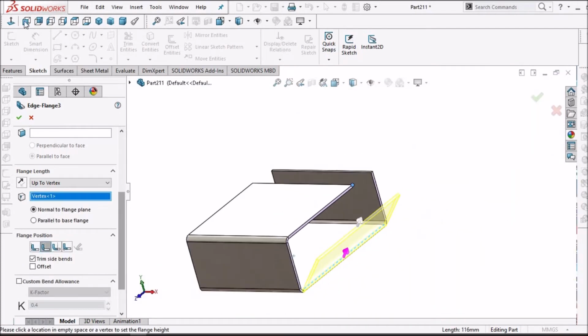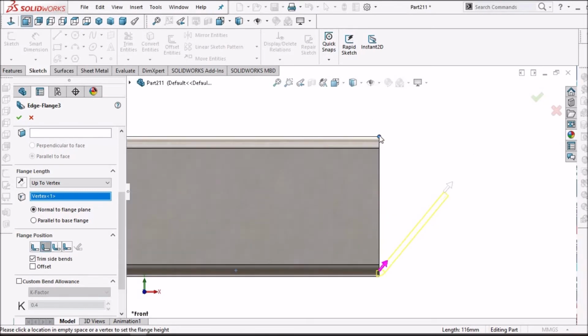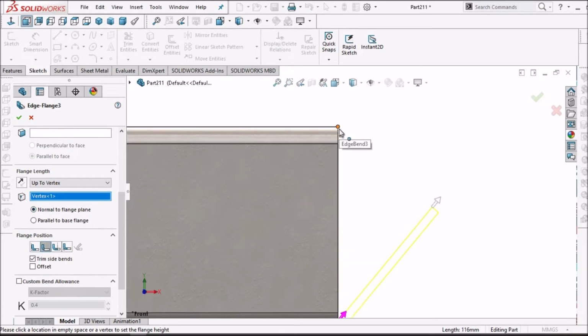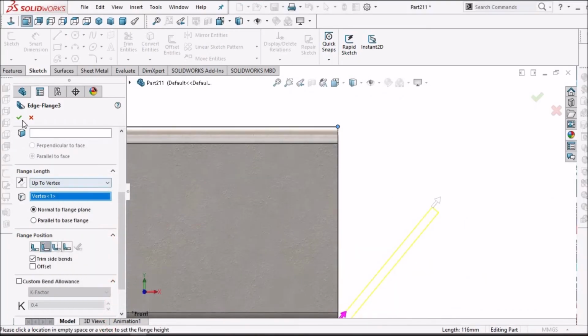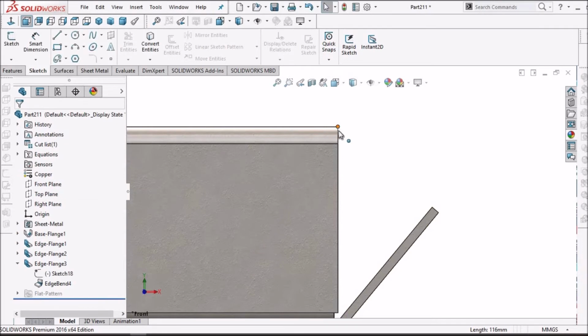See here, when we see from front view, this is the vertex and this is the flange, and here two options are highlighted, normal to flange plane. So that means this is forming along the normal direction of the flange, that is 90 degrees. Here exactly at 90 degrees it is forming.